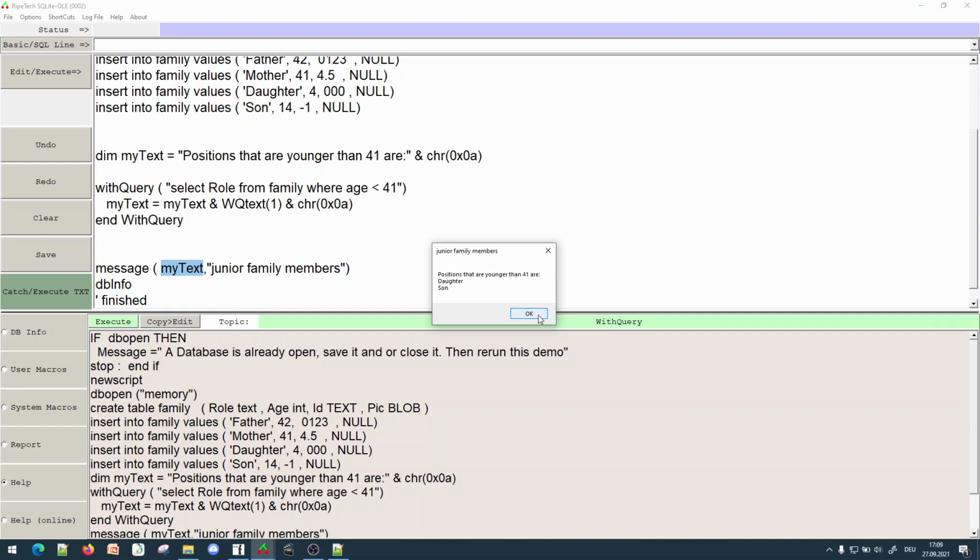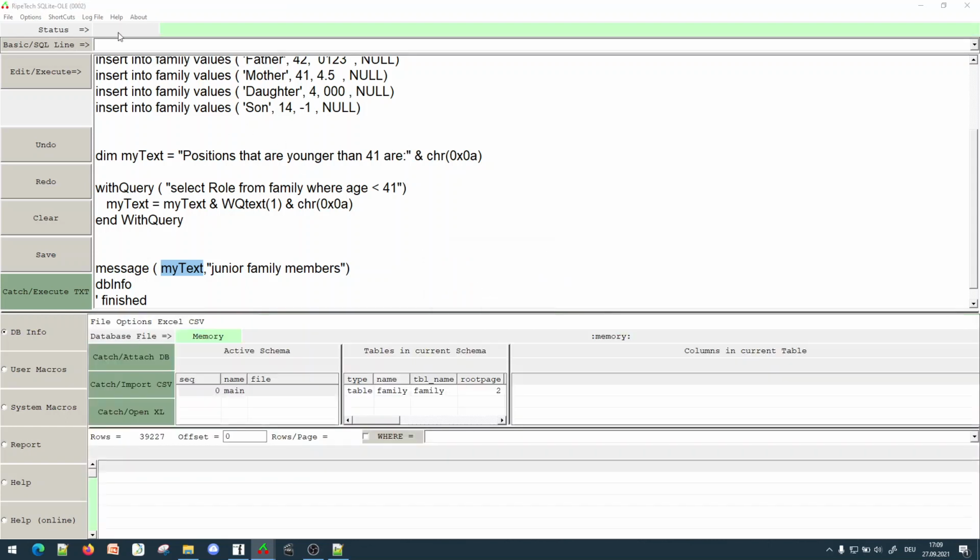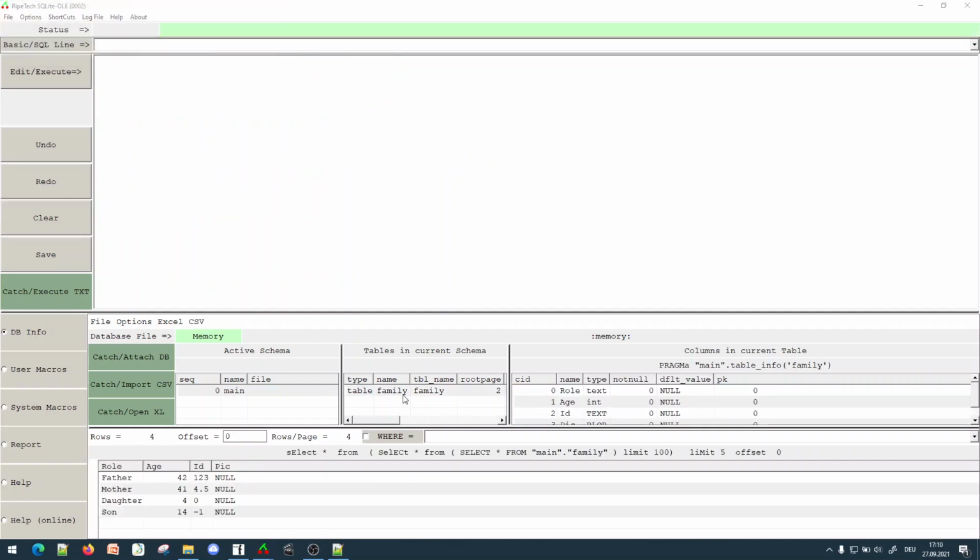You can turn it around and take a value from Basic and feed it into the database. I'll do that ever so quickly. Let's, if I remember correctly, I'll use that line. Let's clear the field. That's what family looks like. Let's create a string, dimension, my string equals